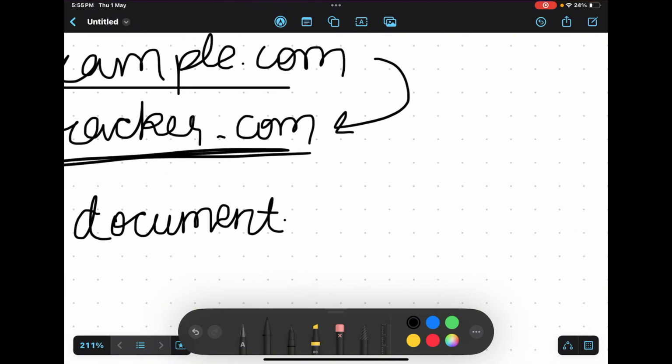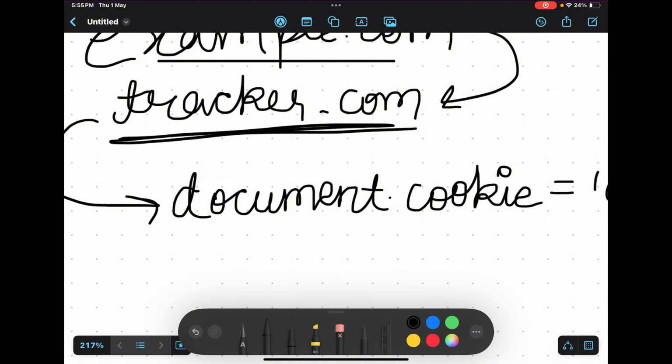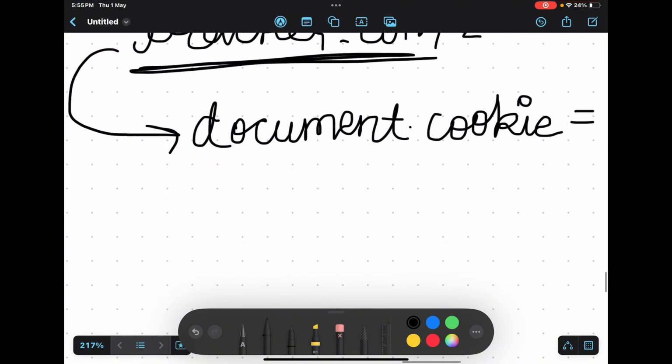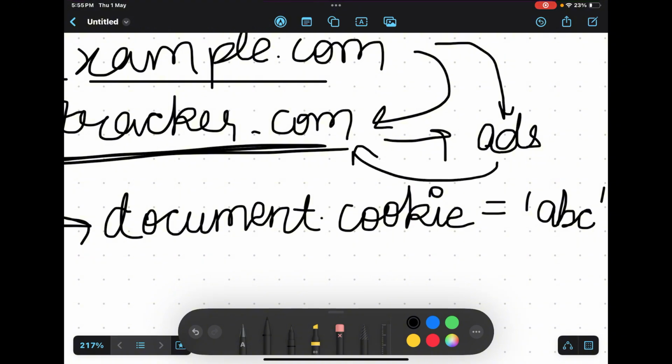This is simple JavaScript, how it is set. I'm just giving you a context. So document.cookie equals, for example, ABC. This is my cookie. And this tracker.com now has your information. Now, whenever you visit any other website where tracker.com is being used for ads, example.com has ads, and these ads are being taken from tracker.com.